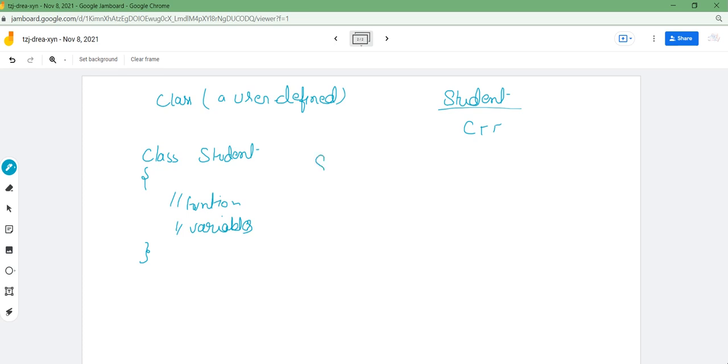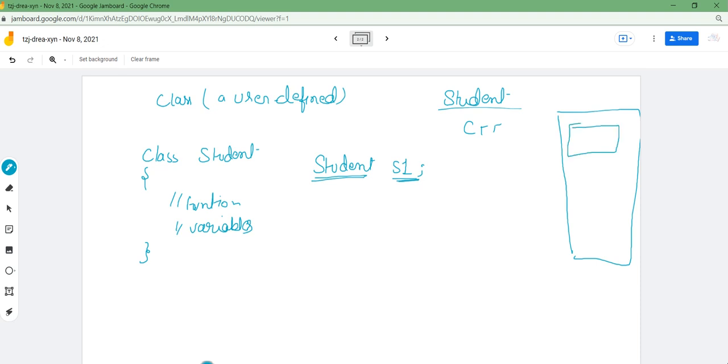Now, whenever I declare a variable student s1, this is a variable of what data type? Student data type. Then it is also going to have a memory location with the name s1, and whenever we assign values to its variables, those values are going to be initialized.